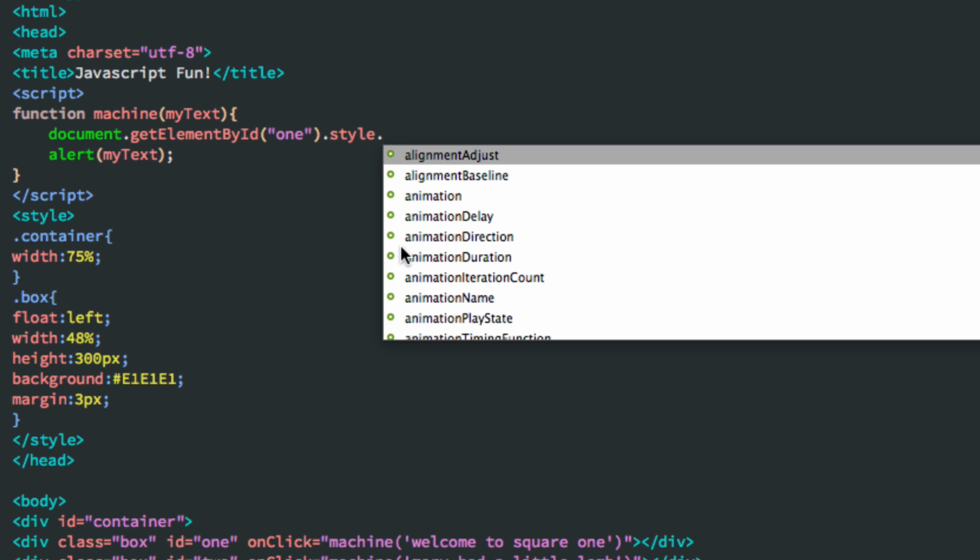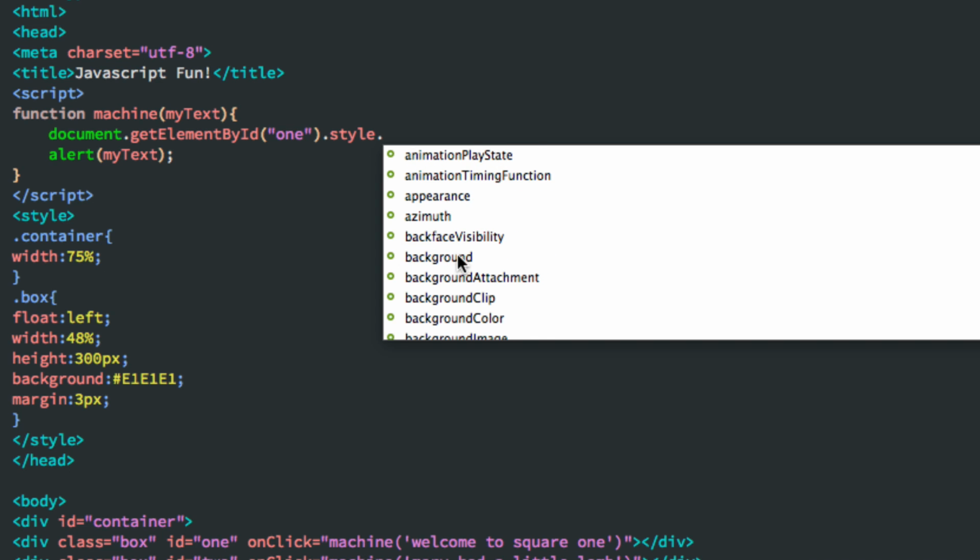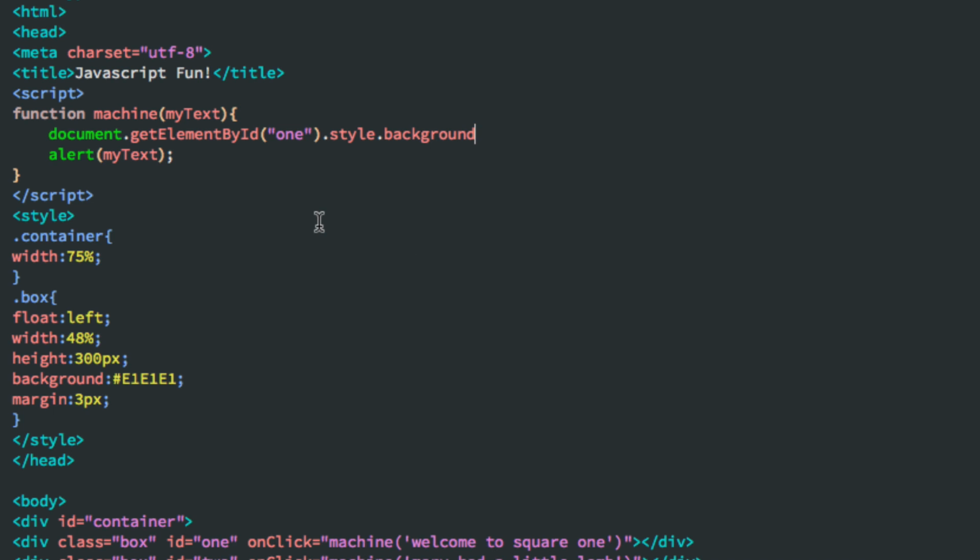And then I can say which style. I hit dot again. Let's just change the background because I like backgrounds. And now I can say equals, I don't know. What do you want to do? All right, so I just handed off